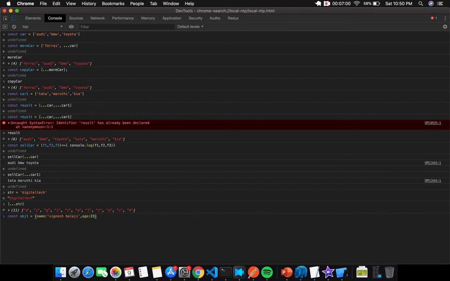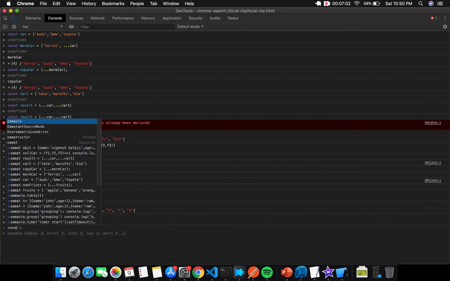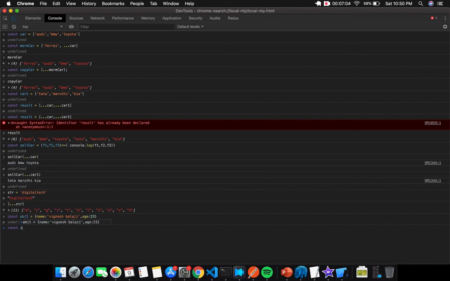This is the first object that I define, and the second one that I am going to define is obj2, which will have country in there. Now I have to combine all the properties of obj1 and obj2.